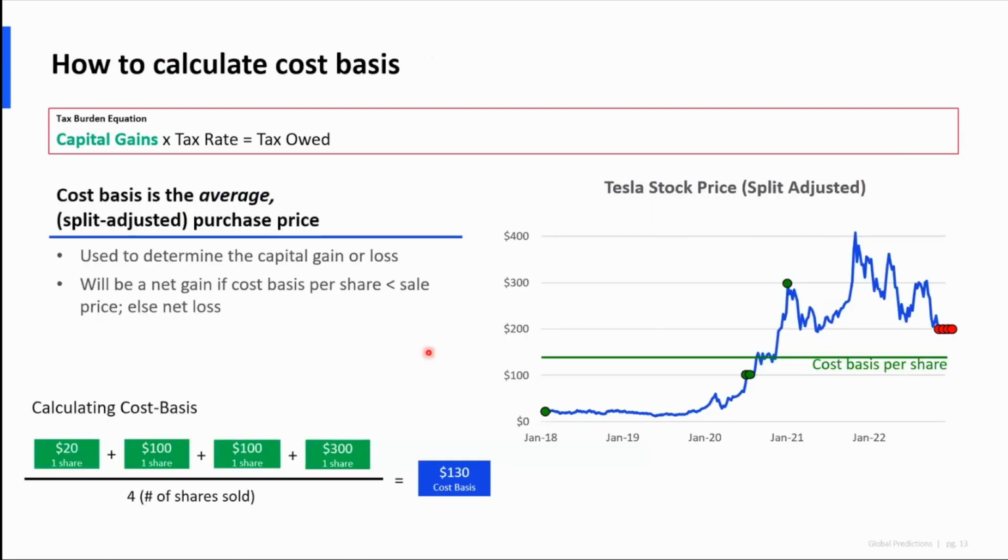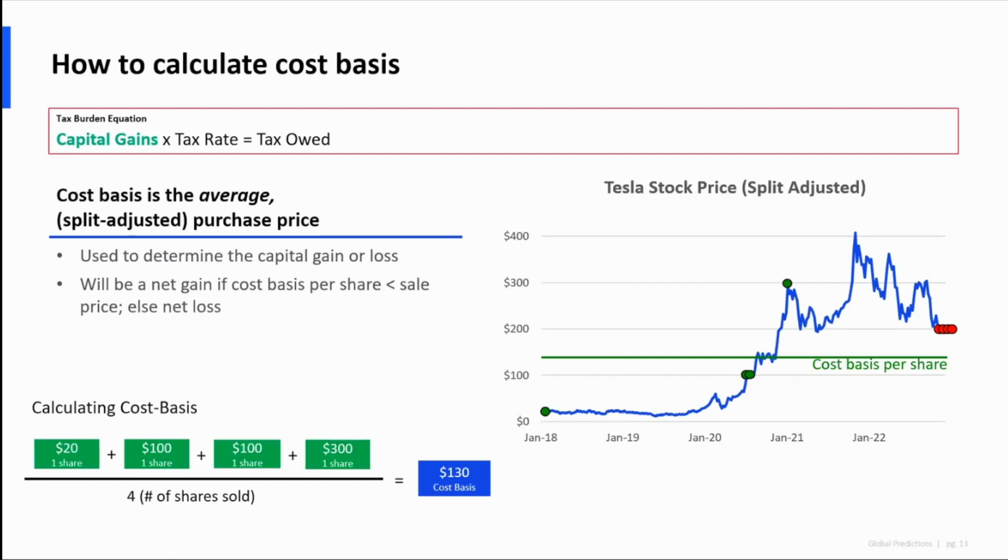Okay, so I just want to really quickly walk through this concept of cost basis because it might not be intuitive from the name what it means. Like I said before, it is basically the price that you entered a security in. That is by and large true, except for two things.